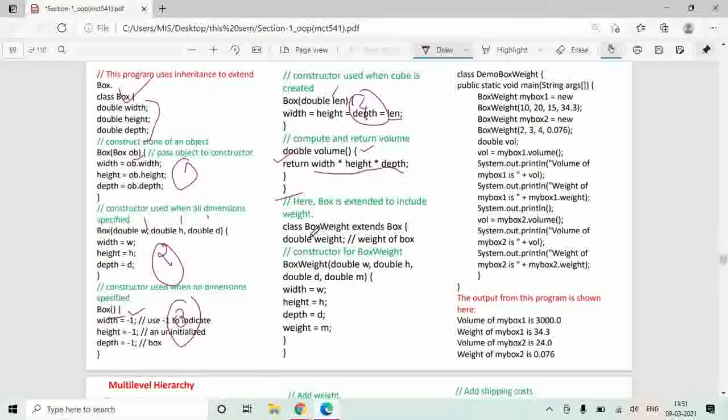Now we have a class BoxWeight. BoxWeight extends Box, so it is a derived class from the parent class Box. The BoxWeight class has its own variable, the weight of a box.